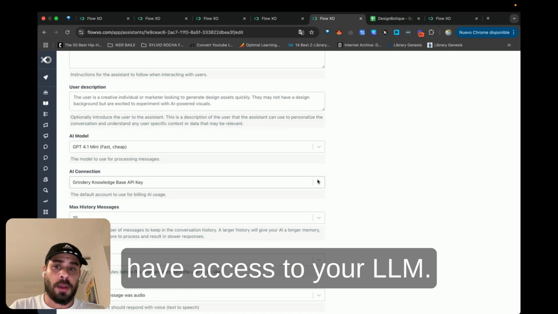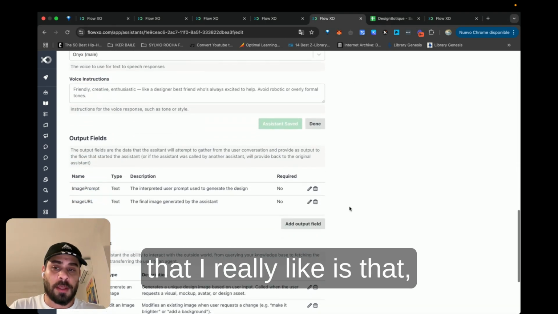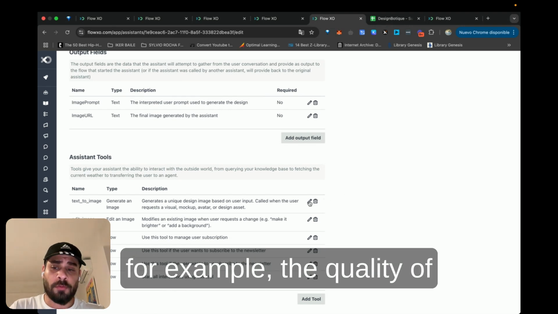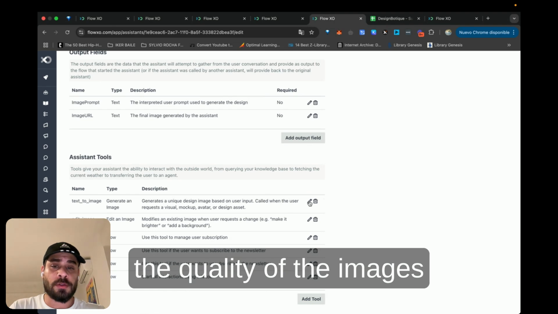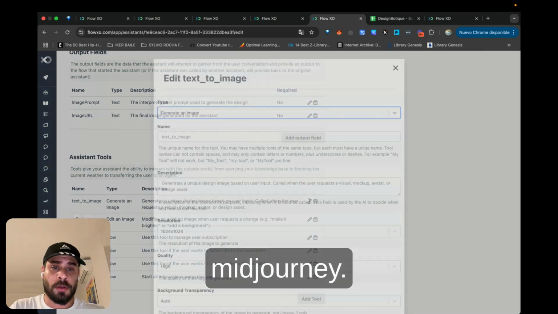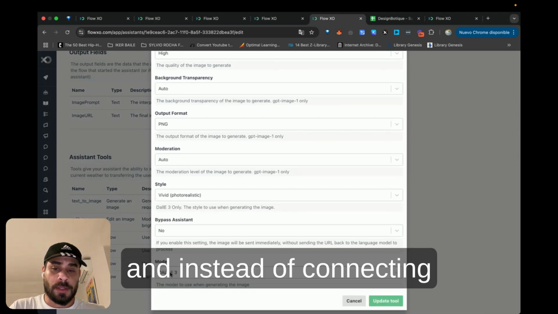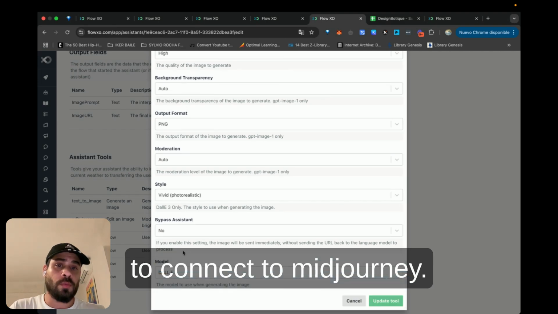One of the things that I really like is that, for example, the quality of the images that DALL-E can generate is not as good as the quality of the images you can generate with Midjourney. So I could also go here, and instead of connecting to DALL-E 3, I should be able to connect to Midjourney.